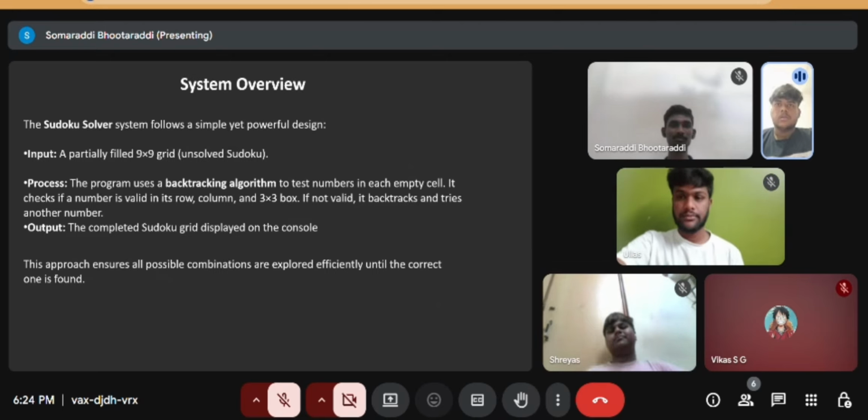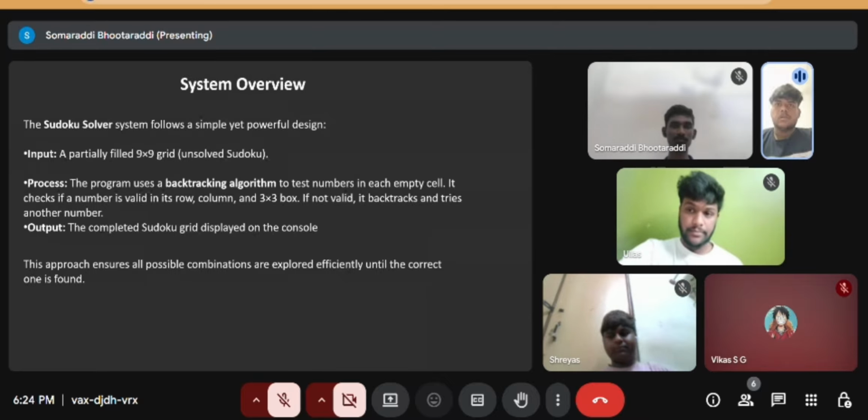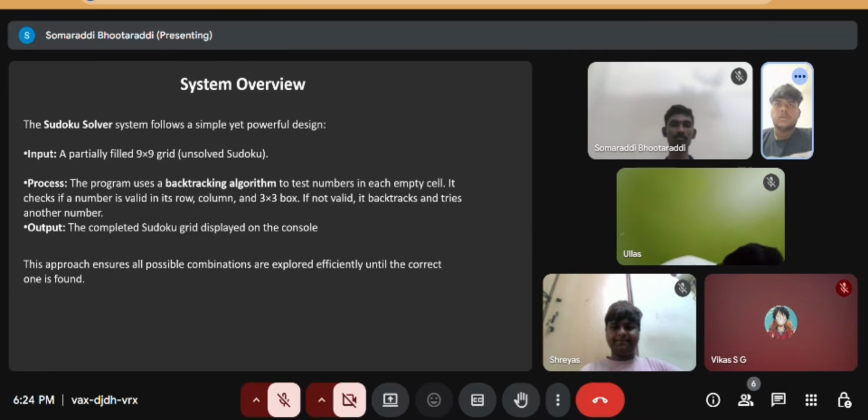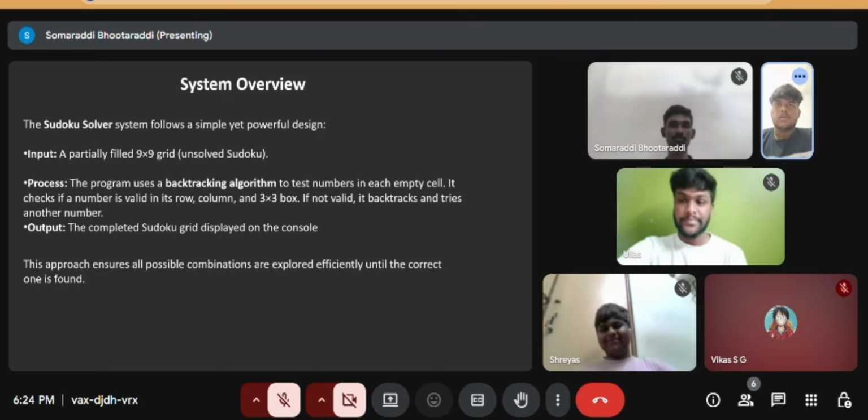Today, I am talking about a system overview, how the Sudoku solver works. This section explains how the Sudoku solver program works step by step. Input: the program takes a 9 by 9 Sudoku grid that is partially filled, meaning some numbers are given and others are empty, unsolved cells. Process: